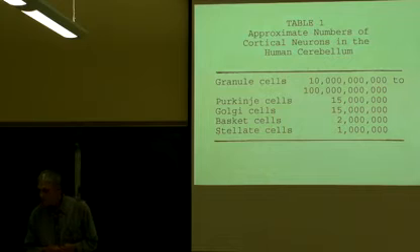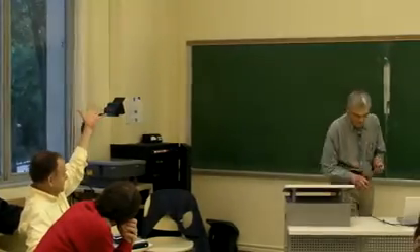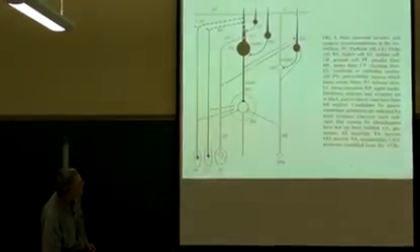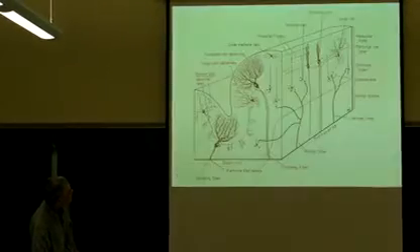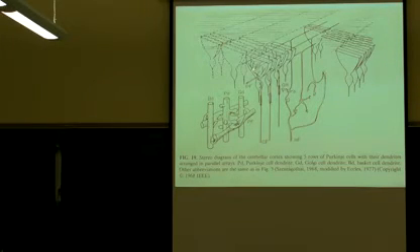What's remarkable about this number of granule cells, even if they're just 10 billion, is that there's not only that many cells, but each of those granule cells sprouts a parallel fiber. So for every one of those granule cells, there's a parallel fiber. That means there are that many parallel fibers. What would be the best picture to show this? I guess this is the best thing. Each of these parallel fibers, coming from a granule cell, intersects about 500 Purkinje cells.